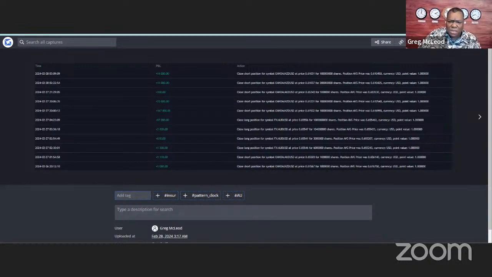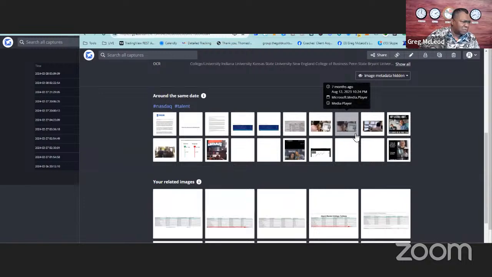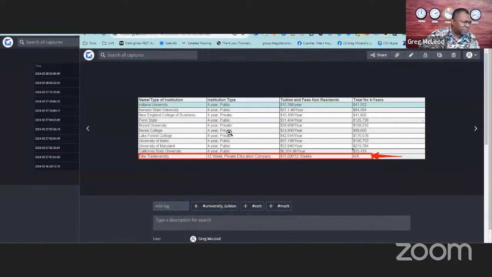People don't have time to spend. If you look at it here, we're looking at Indiana State 4-year, $10,388 a year. Kansas State 4-year public, $21,000. These are schools that have a department or a bachelor's degree in what they call the stock market or in investments. Then the costs, here we go. Indiana is 41,000. Kansas State, Penn State. The cheapest one is actually Cal State, California State University, for $25,000 for 4 years at $6,354 a year. So this is our old price here, but